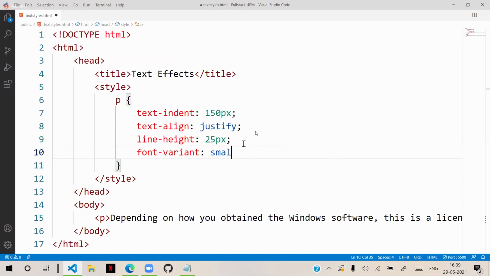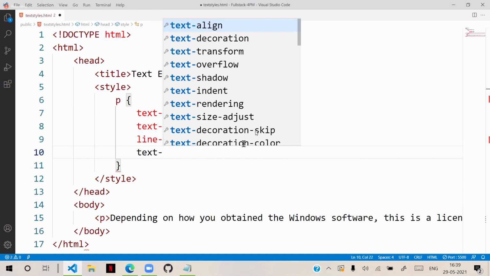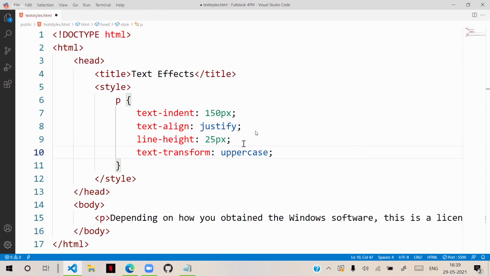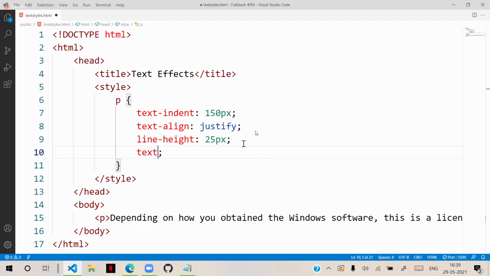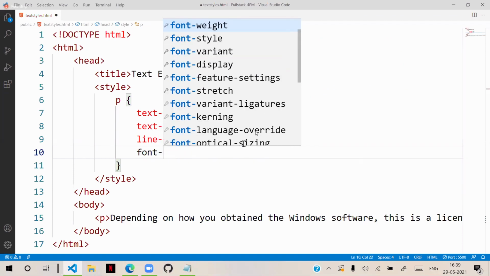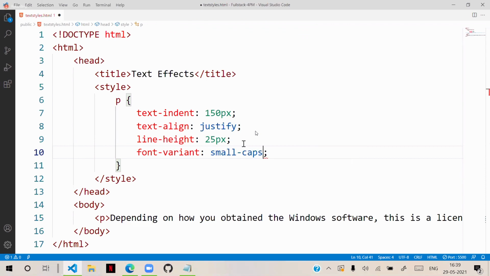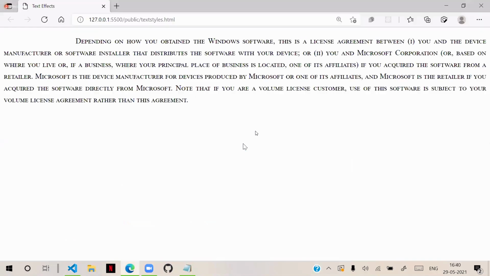You can see it will be converted into capital letters without changing the size. Generally, you can do that with text transform also. But with text transform, when you say uppercase, it will convert to uppercase by changing the size. If we need to keep the same size but convert into uppercase, then you can go with the font variant option. Font variant, small caps. Then automatically it will use small capitals without changing the size. So it is going to convert that into capital letters, and that you can define by using these text effects. So these are the different options for how you configure.